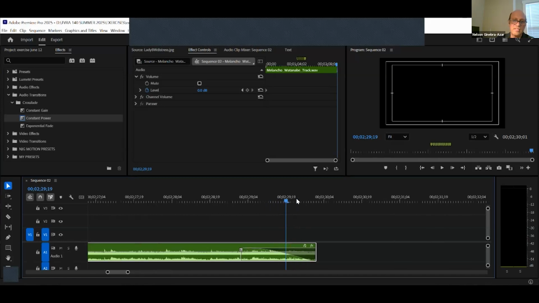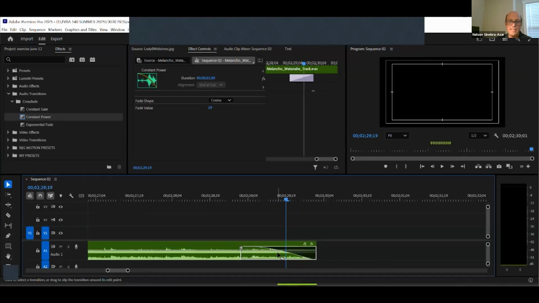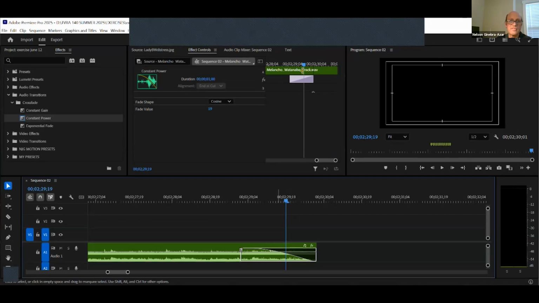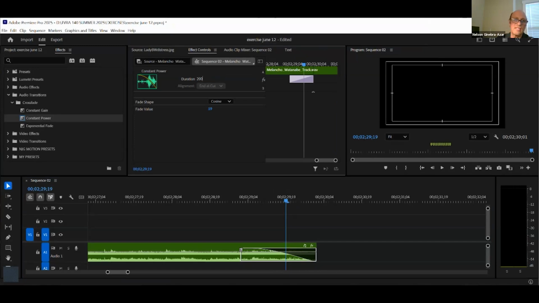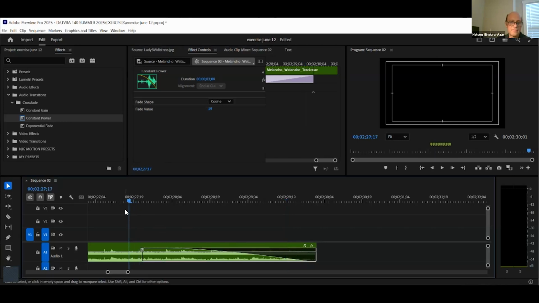It's going to give you 1 second, right? And you can actually click on it. Well, you can see it here. When you click on the actual transition, it shows you the transition. It tells you it's 1 second. You could click it here and make it 2 seconds, right? And it extends it. You could also just grab it right here, right? You get that little trim icon, and you can extend it. And now it gives you a fade out